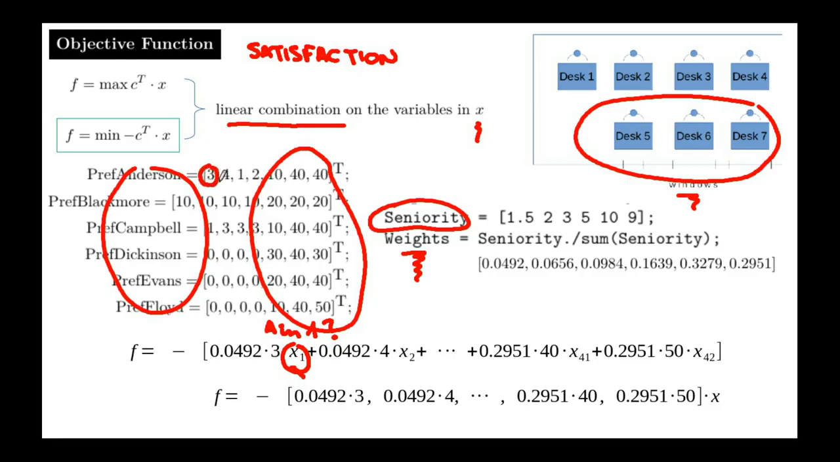His or her preference is 3%. Can you see here? A 3%. But these 3 will be weighted by the seniority of A. Can you see here? The 0.0492. So that's why I do the product between this weight and the preference for A to be assigned in